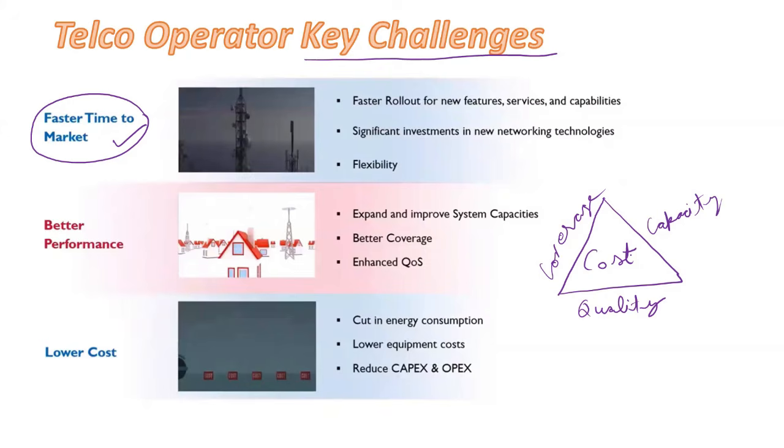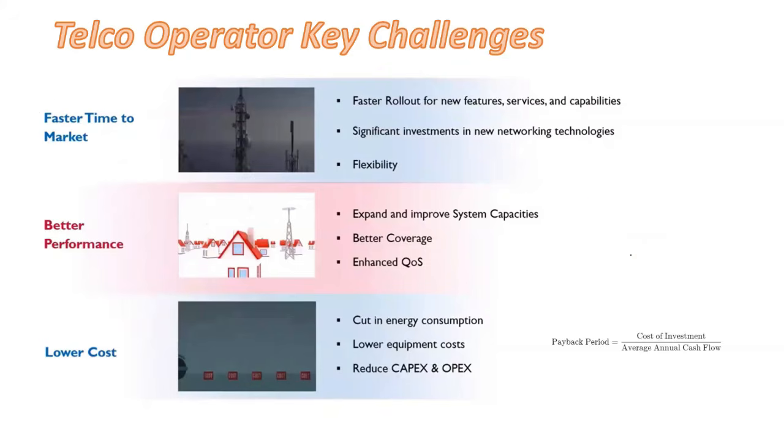Now once the site is already up, then you need maintenance. Power, cost of electricity, cost of gasoline, that goes to the opex, operational cost, right? So when you are trying to compute the feasibility of a cell site or a network in a certain area, you have to see a payback period. This is a simple formula of the payback period, which is cost of investment divided by average annual cost.